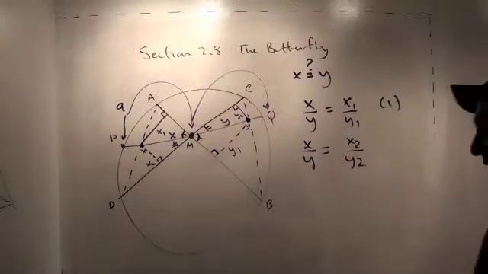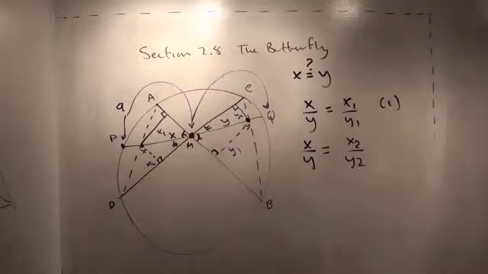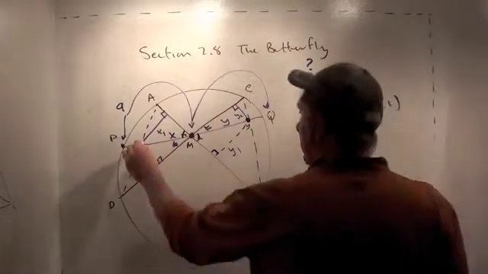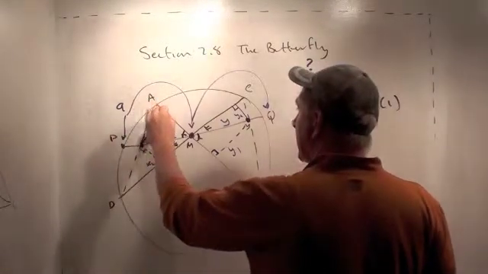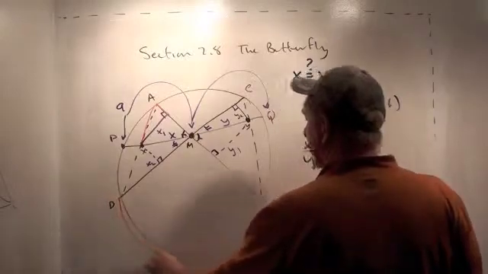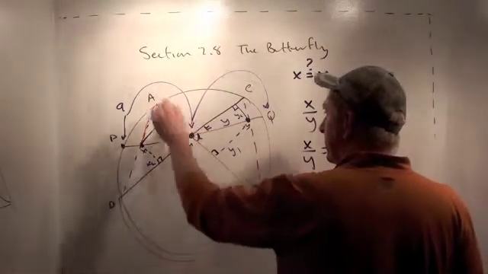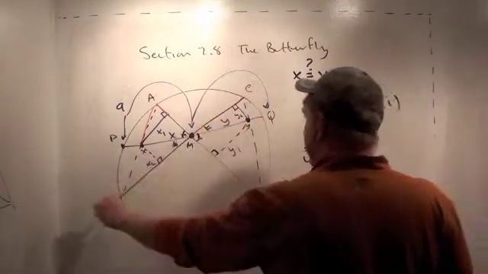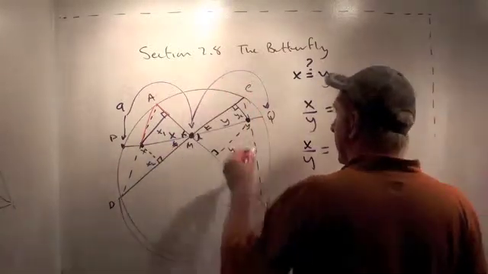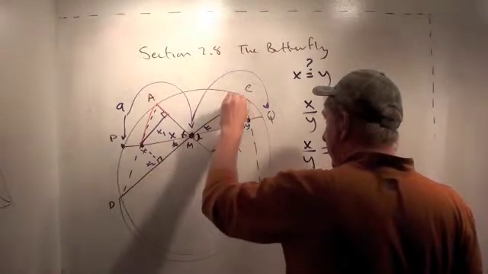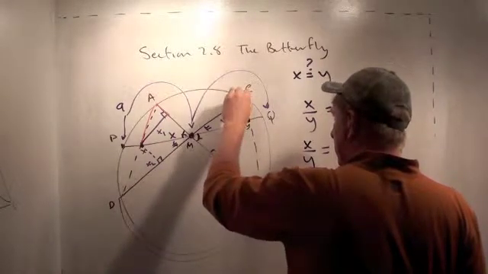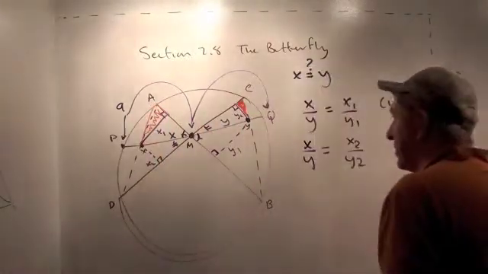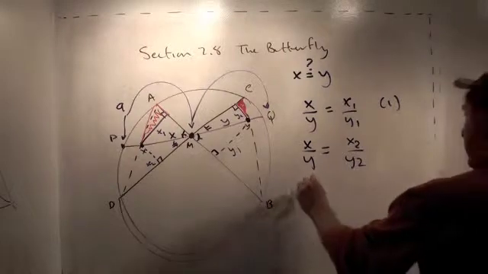Now, we have several other pairs of similar triangles. Let me draw these ones in red just so they're a little easier to see. You notice that the angle here at A inside the circle cuts off this arc when I extend it down here. And it's also the exact same arc that's cut off by this angle C. And that tells us that this little tiny red triangle here is similar to this red triangle here. Well, that tells us that x1 over y2,